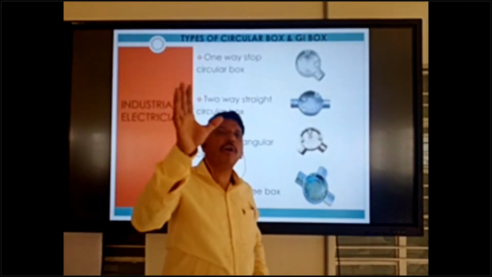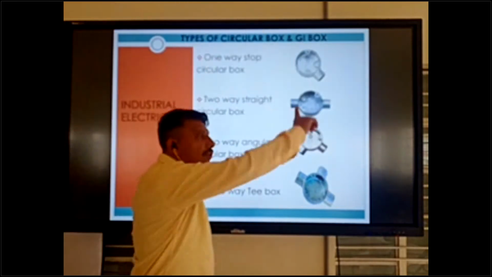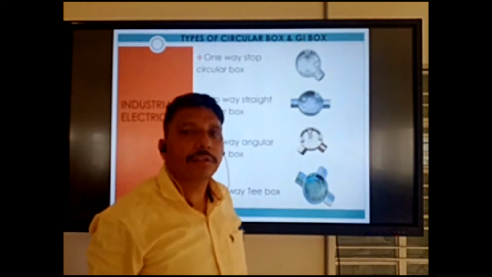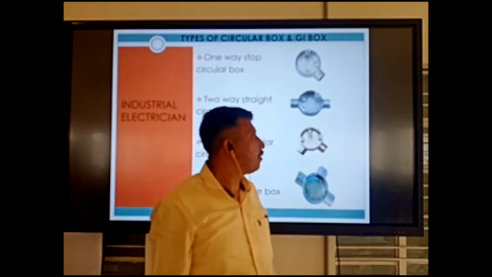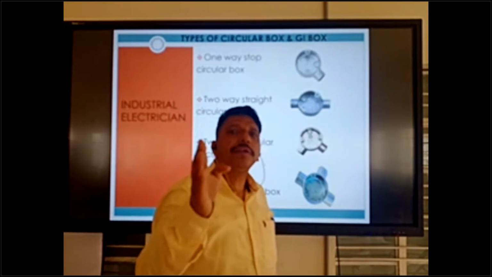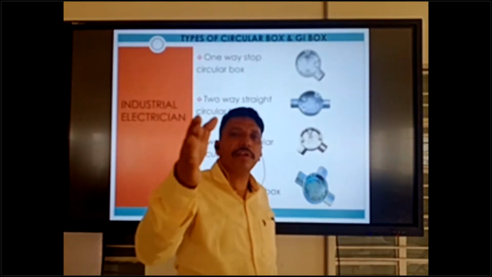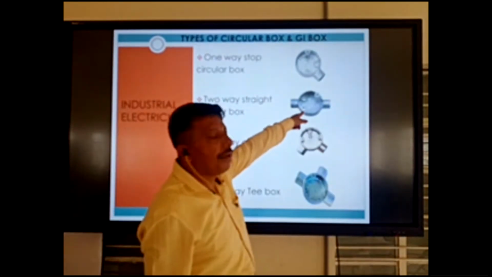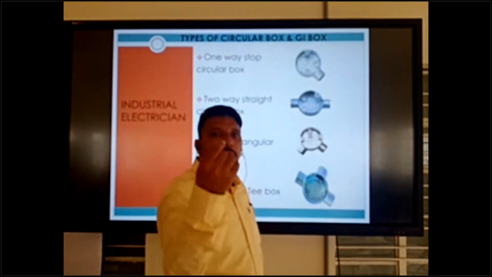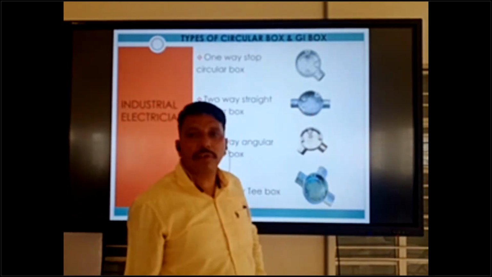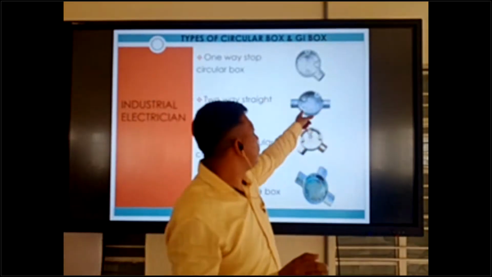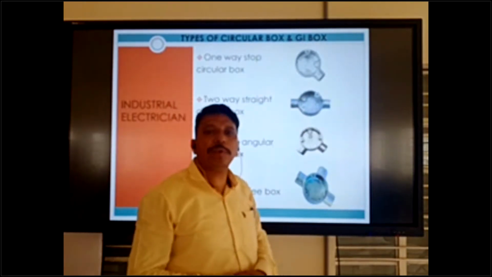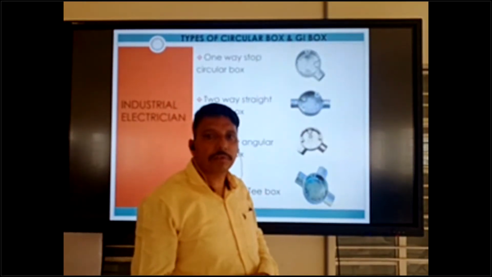Suppose you make conduiting from one start to one end, and there is 30 meters or 40 meters. Every 10 meters or 9 meters, at the end of 3 pipes, you should use the straight through box. Because if you do not put a straight box, there is a problem for you at wire pulling time.